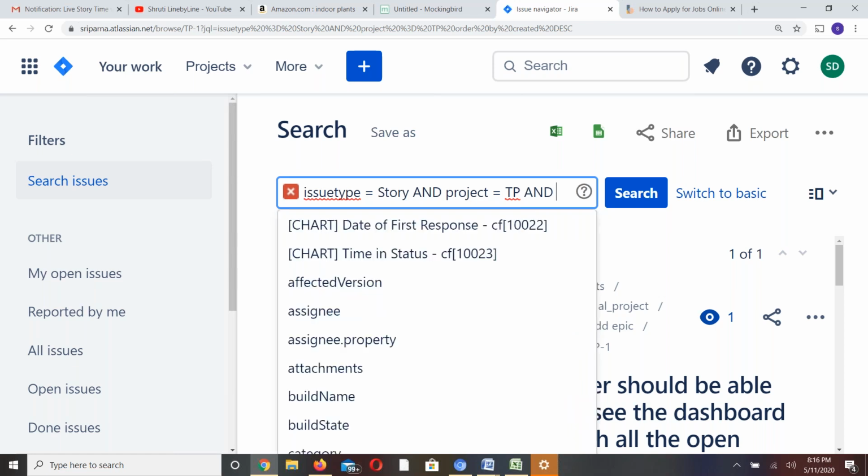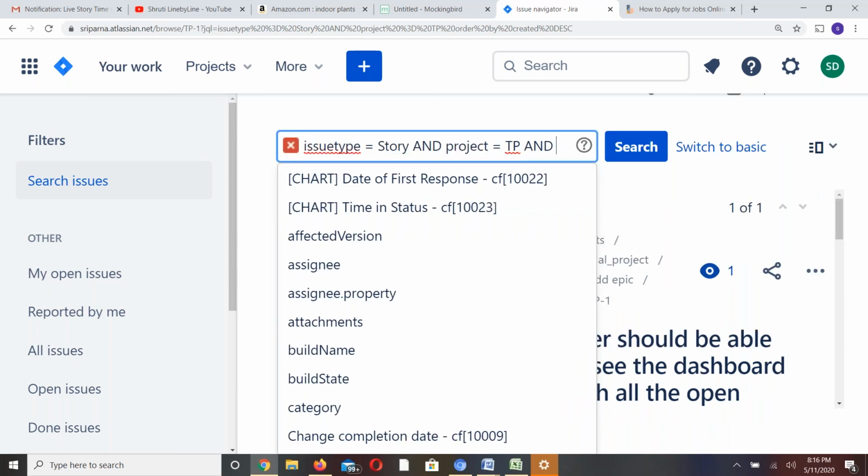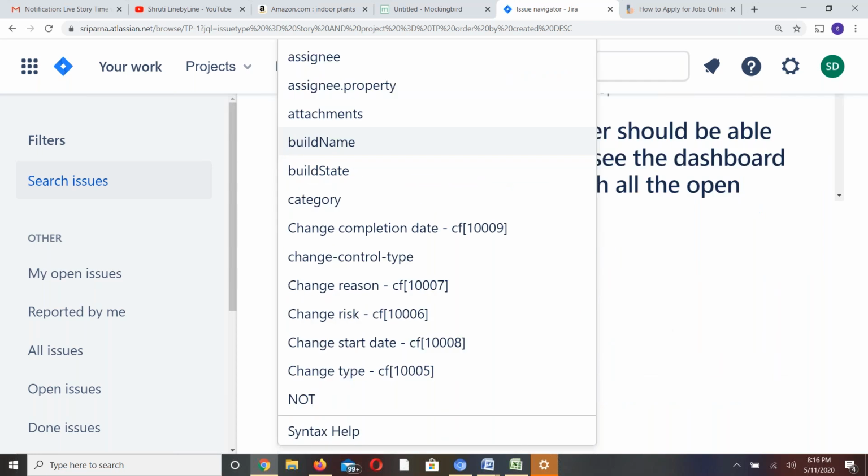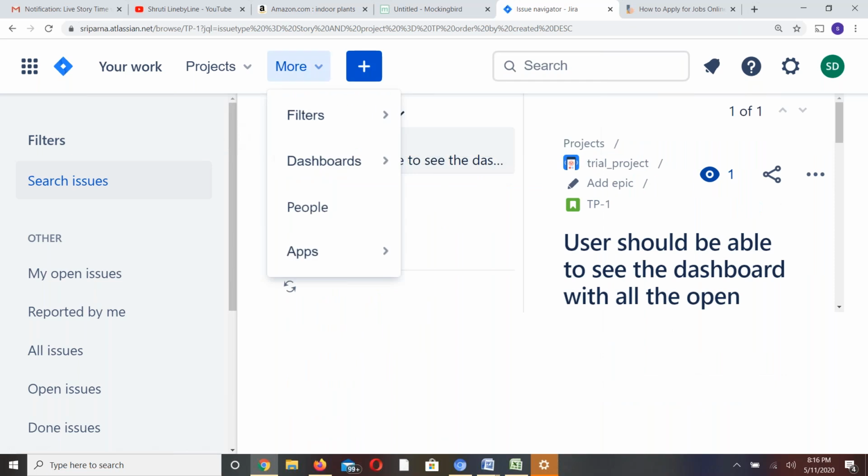And what else? Assignee. Where is this assignee?